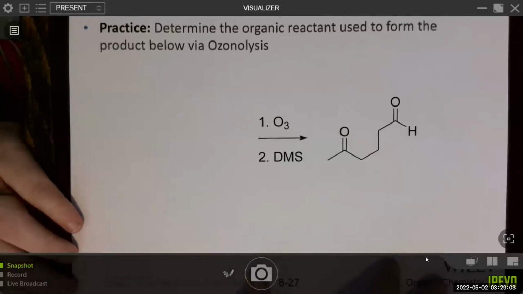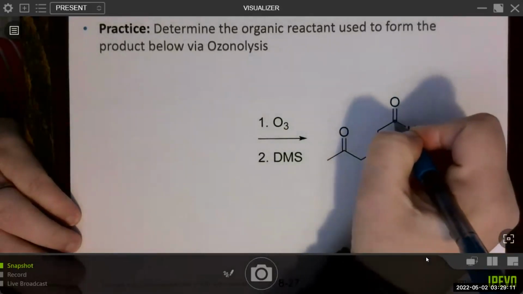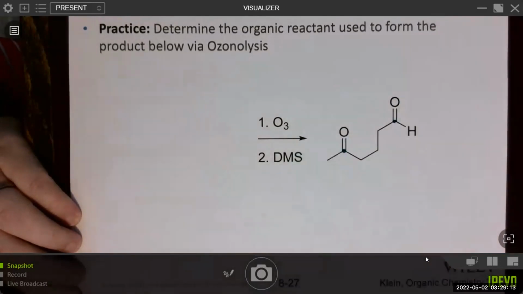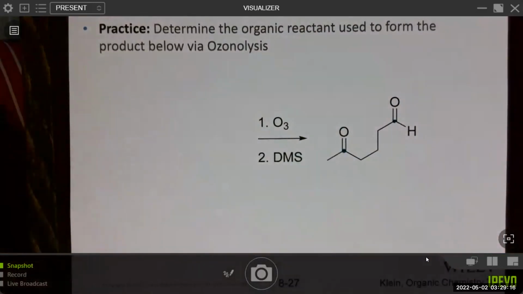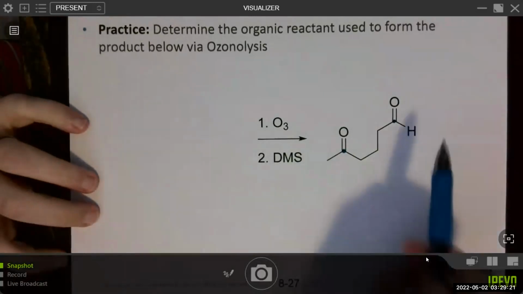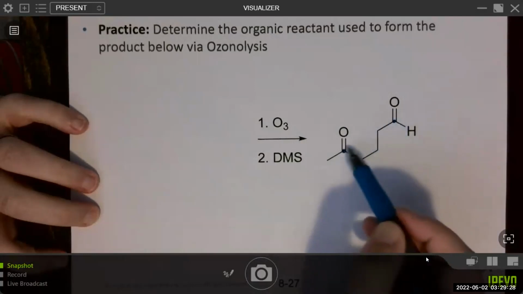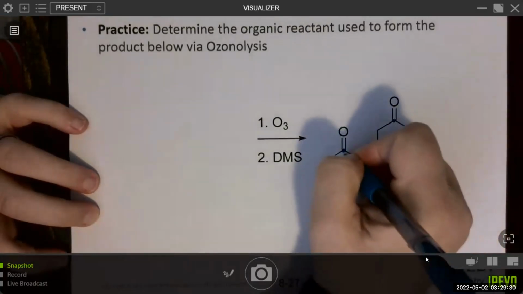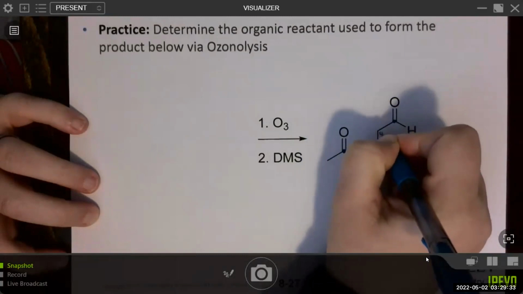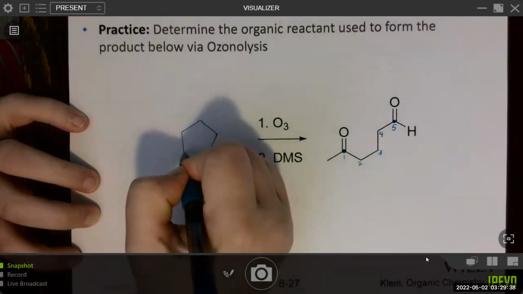Okay, so it's actually not too difficult typically to go back to the reactant, because what we want to do is identify those carbonyl carbons and then use them to reform a carbon-carbon double bond. In this case, if this carbon is attached to this carbon with a carbon-carbon double bond, or as an alkene, then this would have been a ring, right? This would be a 1, 2, 3, 4, 5-member ring. So I can go ahead and draw a 5-member ring.